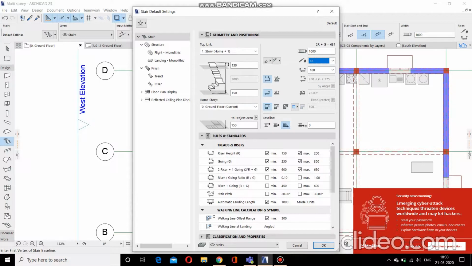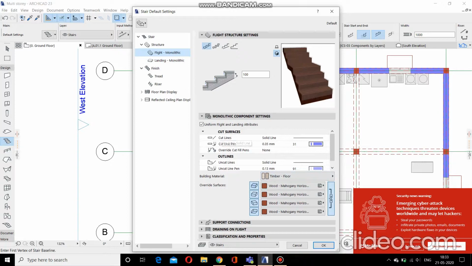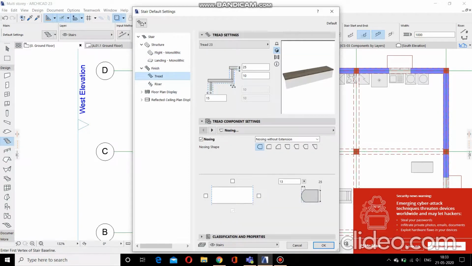The rules were set, and using the type of baseline position required based on the situation of how the staircase had to be created, we selected that. And then for the landings also, we specified the width and the type of staircase required. Here I had chosen wood for both the flight and the landing. Here you can modify the tread and rise options.